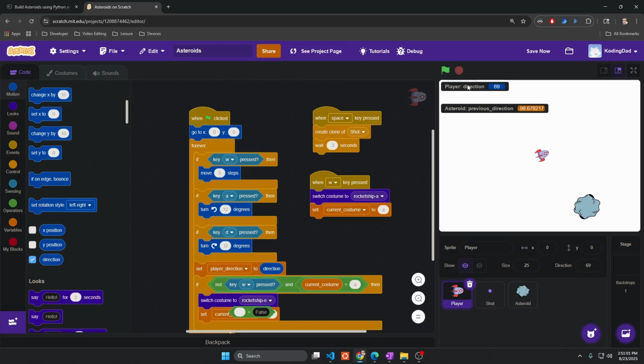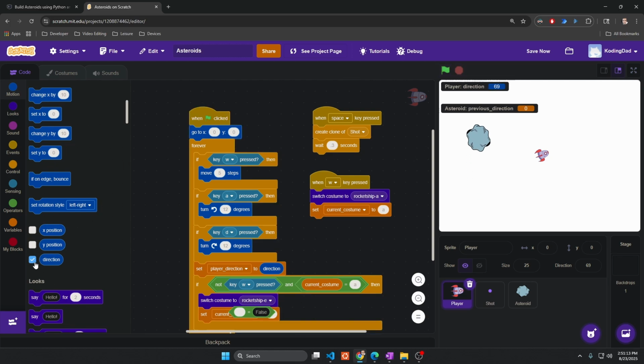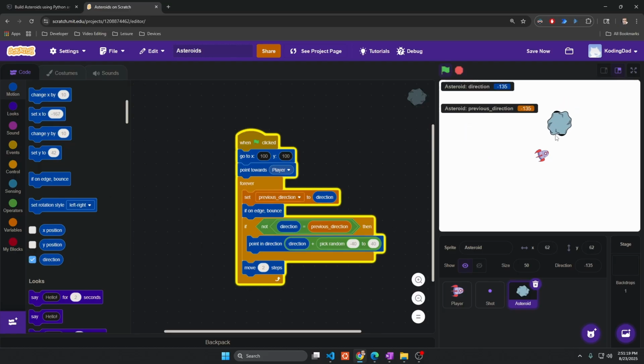Okay, there we go. So this is the actual player direction. I had my other variable shown. Okay, so this is the player direction, 69. Wait, that's not changing. Oh, player direction. That's not what I wanted. I want asteroid direction. Okay. So now we can see, I think, if these two values are ever different. Maybe